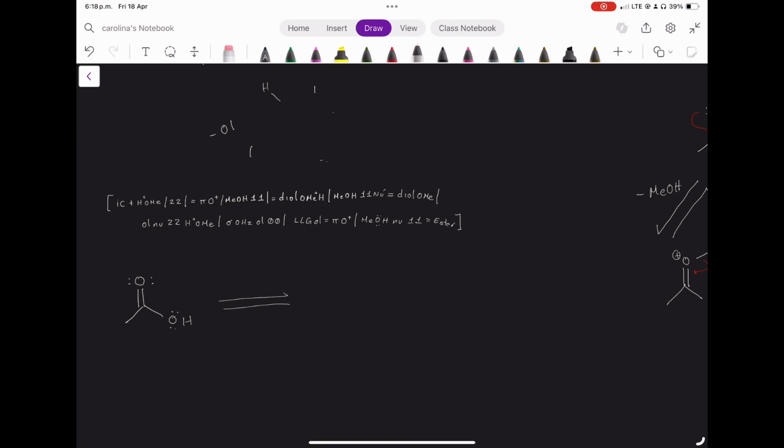I wrote the code for this reaction, as you can see, on top of the writing, and I wrote H+ for acidic, and I'm writing a reagent number 1. It has a positive charge. So you can see I put it in the code, and it's going to have a